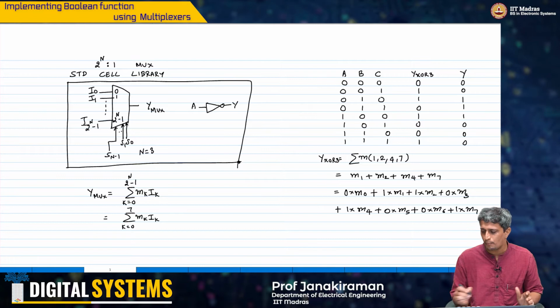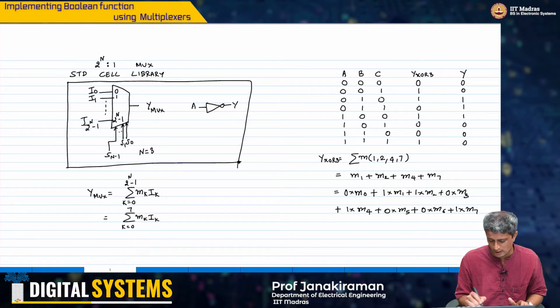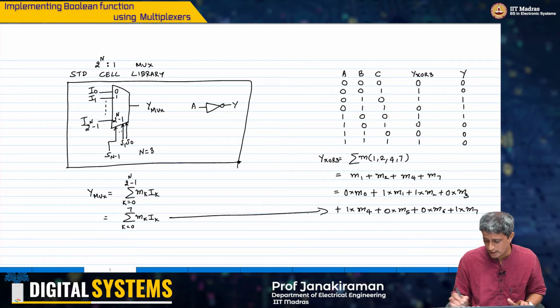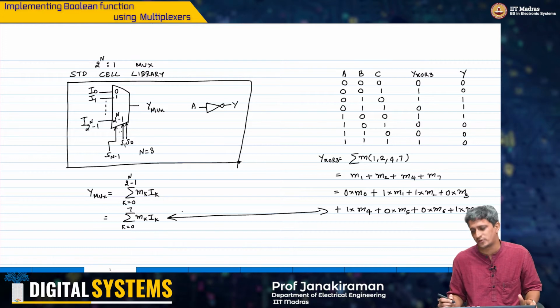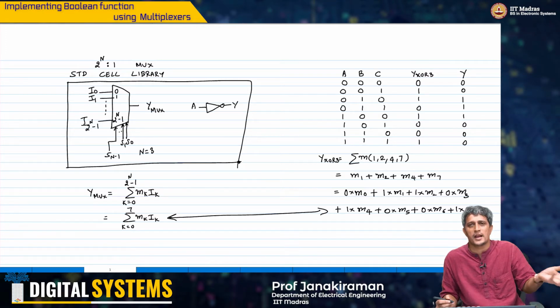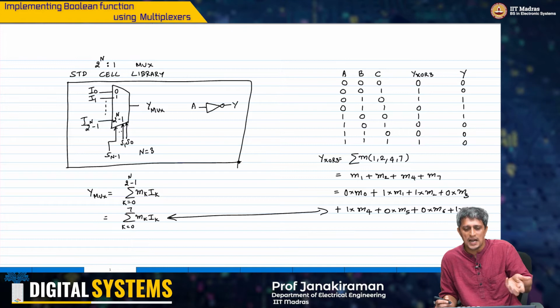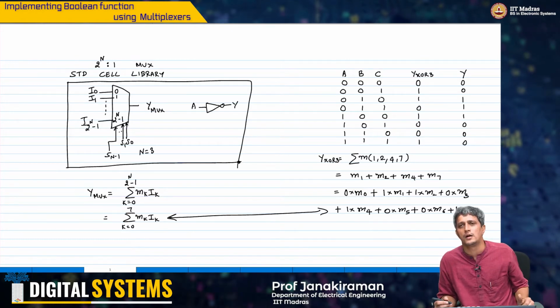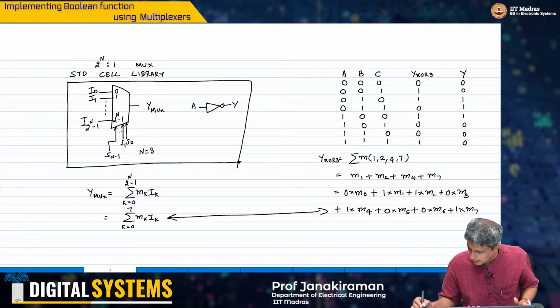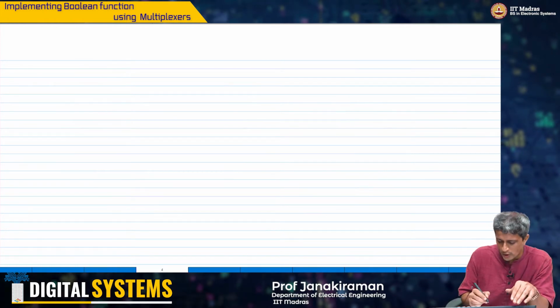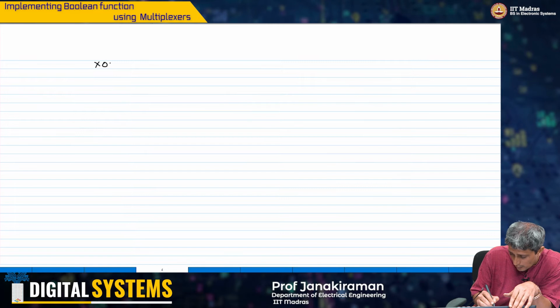Right? Now you compare this with this expression here. You just look at the equivalence of these two expressions. It's very straightforward. There are exactly 8 minterms, and the inputs ik are being decided by what the truth table actually says, right? So therefore, if you were to implement the XOR 3,